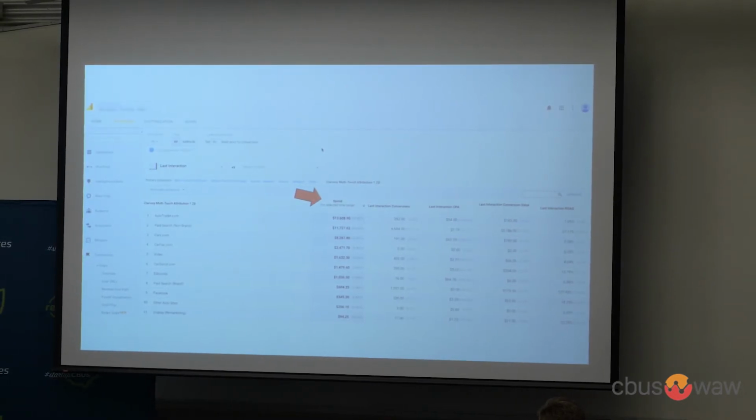So now you're stacking up goal conversions in the model comparison tool. You see, here are my channels, here's how much I spent on each one, here are the conversions associated with each one, and from a cost per acquisition perspective, you can stack them up on an efficiency basis to see who's most efficient at driving you conversions. Of course, this is all based on last click or last interaction metrics, right?